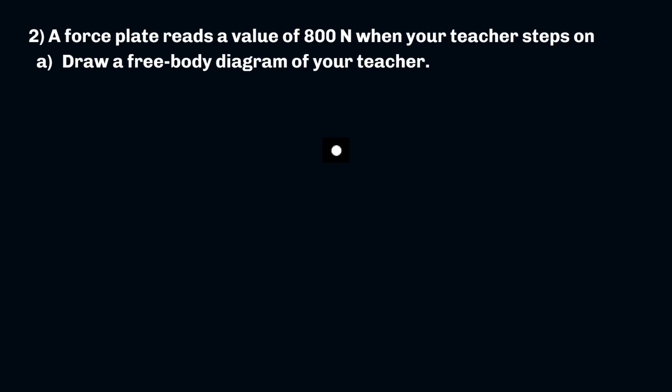All right, so we talked about earlier on our facts here that we have a platform scale reads normal force. This includes a force plate. This is a normal force situation. But let's start off first with the force that we pretty much know is going to be in every situation on Earth. And if we have our teacher here, we know that the force of gravity is going to be pulling down, or the force of the Earth on our teacher is going to be pulling down on them. So we have here